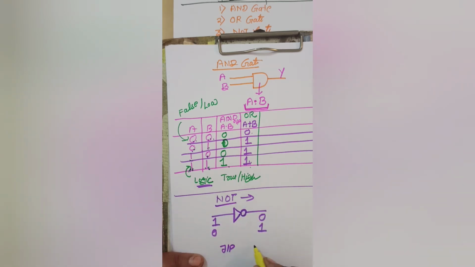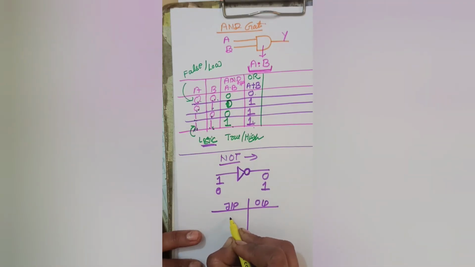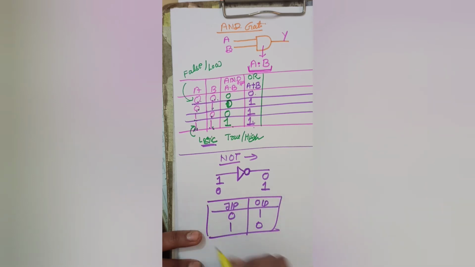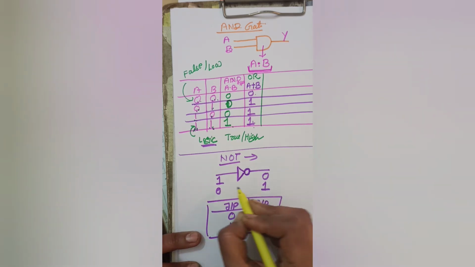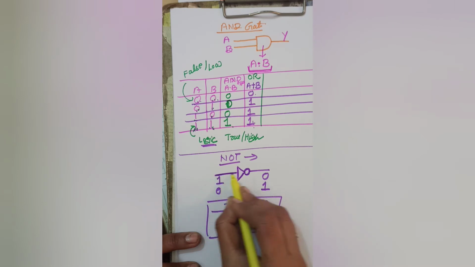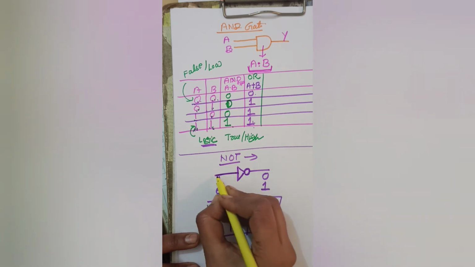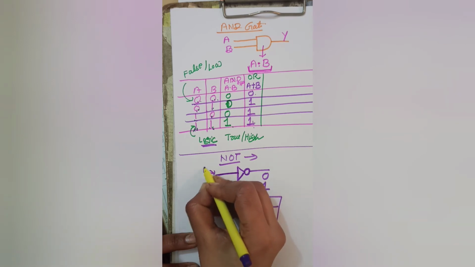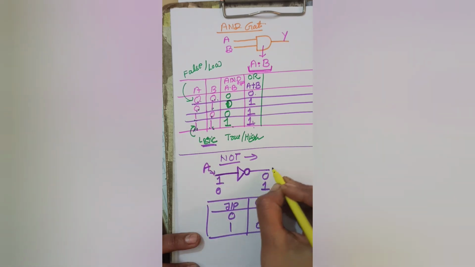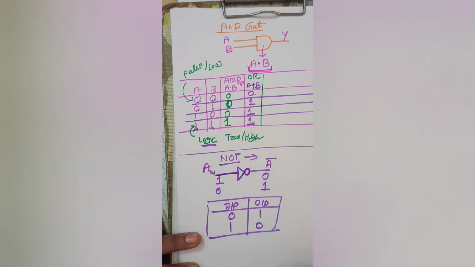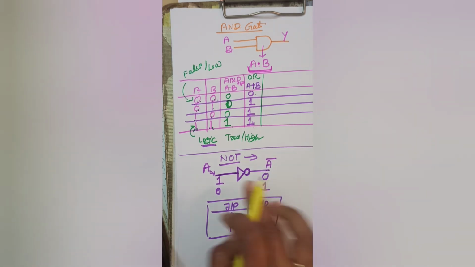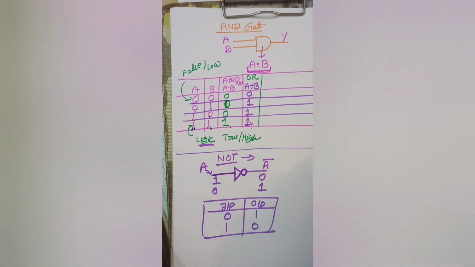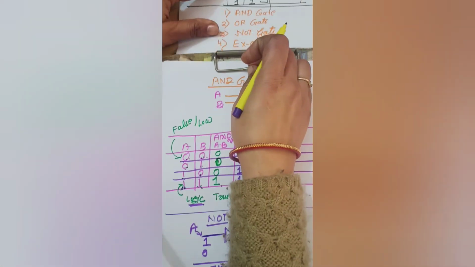This is the case of NOT gate, the concerned input versus output. The truth table says 0 for the 1 and 1 for the 0. So it is the truth table of NOT gate. This is the only gate which has only and only one input, right? So the symbolic presentation: if input is A, then output will be the complement of A, that means A bar, right? Using this NOT gate, we are going to design the various gates further.